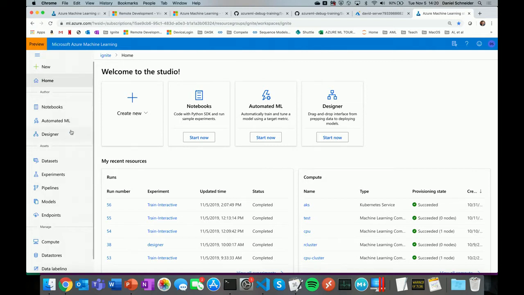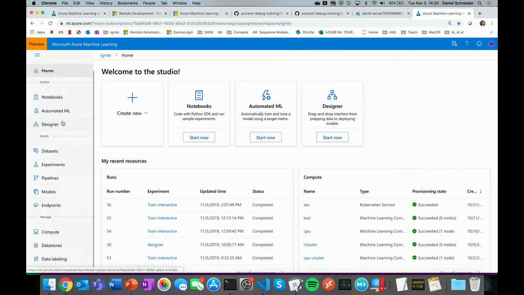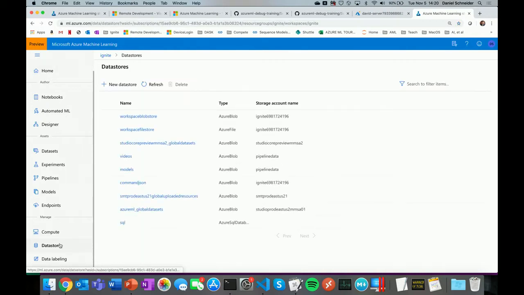And you can see you have different authoring approaches here. I'm going to talk about them a little bit later. We have assets here, and then we have things to manage. So starting at the bottom, because you need to understand the way it's layered, is, for example, here